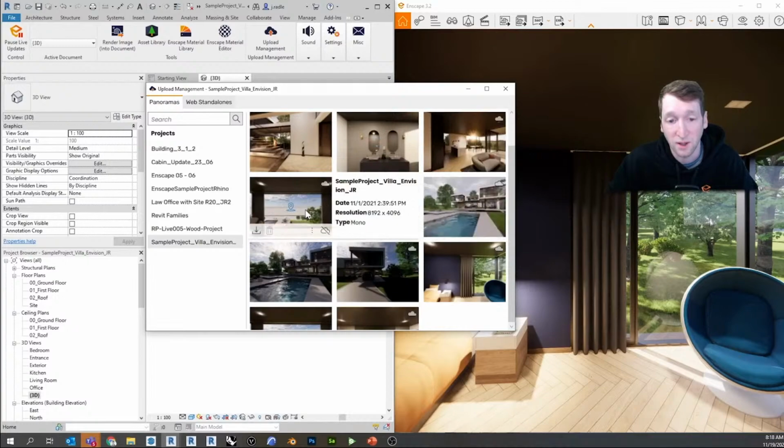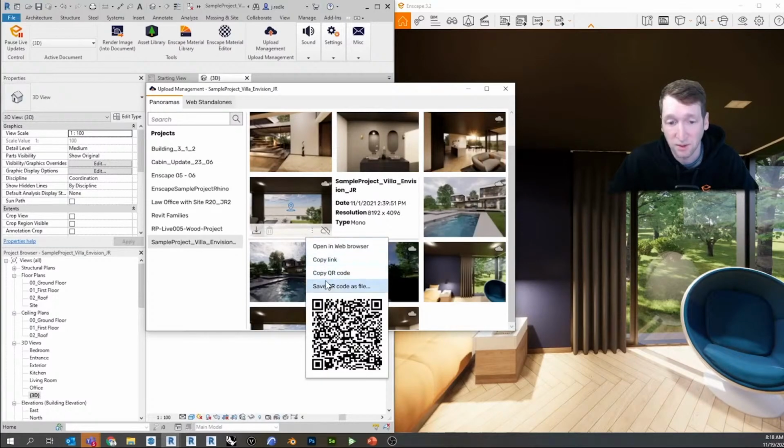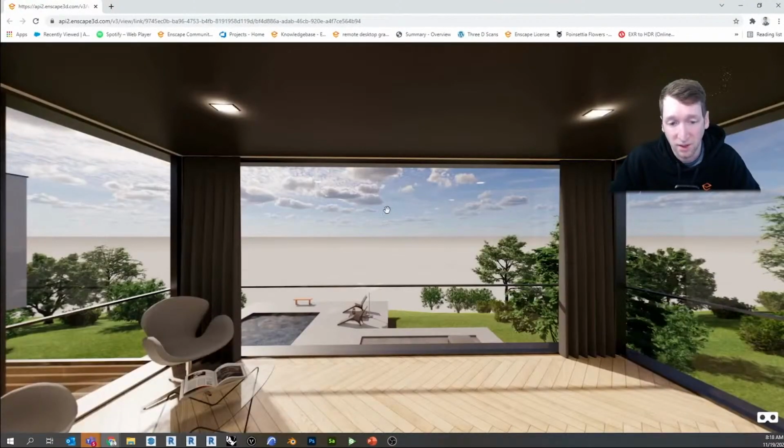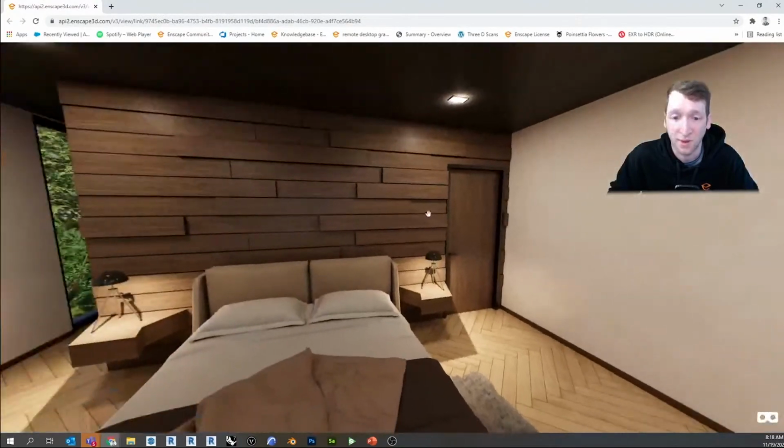And one other thing on the UI, where we have these three dots now, this is where we can still click in there to get to those QR codes that I was talking about. This is where you have access to save the QR code as file. You can copy the QR code or copy the link that it's tied to, or there's a new button where if somebody's having trouble getting it on their phone, you can just click open in web browser and it's going to open that web browser for me. So previously I'd have to copy the link and then go to a web browser and paste it in there. But now I can just hit open in web browser. So that's a really cool feature there.